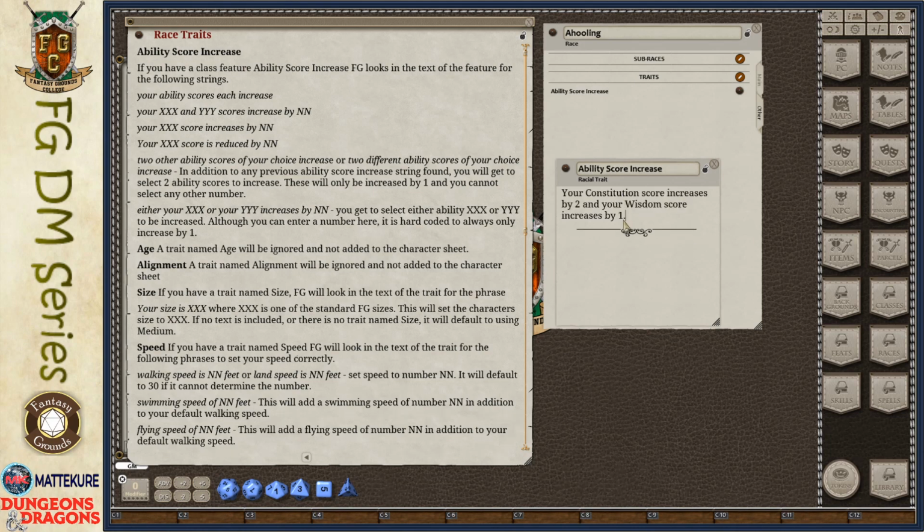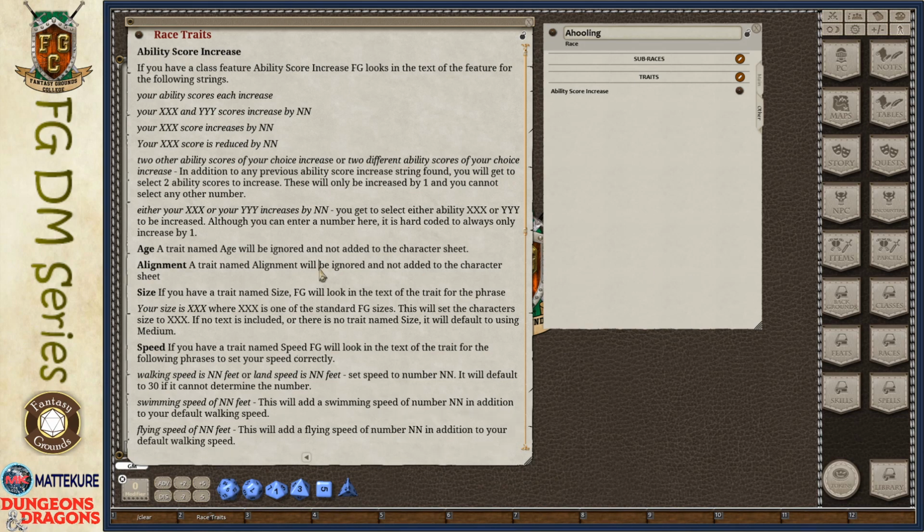In this case, the Ahuling is your Constitution score increases by 2 and your Wisdom score increases by 1. You can see here your blank increases by, or your blank score increases by blank, and your whatever increases by. There's a variety of different things that you can do there, various strings that you can combine together. And we'll go ahead and close that one.